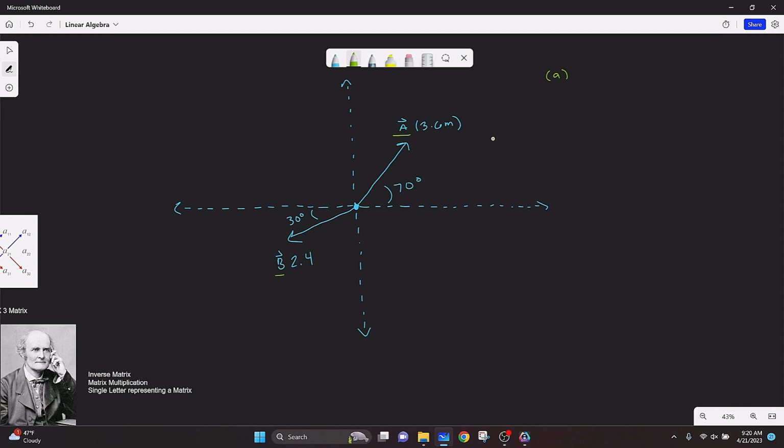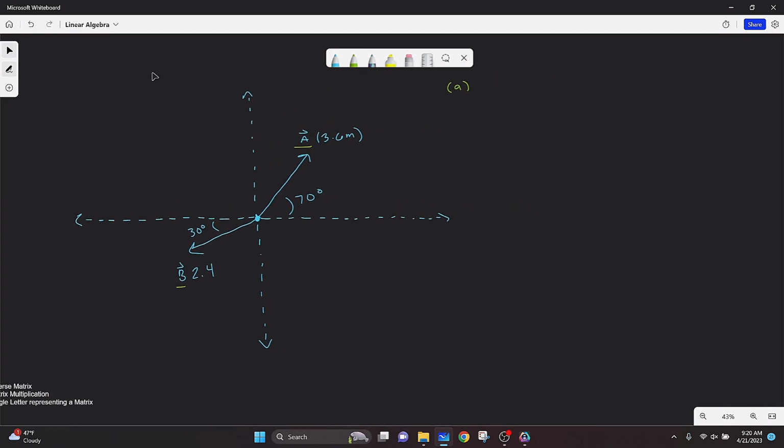So in order to find the unit vector for each of these, we'll start with A. We have the angle and we have the magnitude of this vector. So we can think of this vector as a line with a length of 3.6 meters. And so this would be represented as a hypotenuse if you imagine the unit circle approach. And so we want to find the amount of the x direction and then the y direction to find its coordinates. So we want to find the coordinates of this. And we can use our